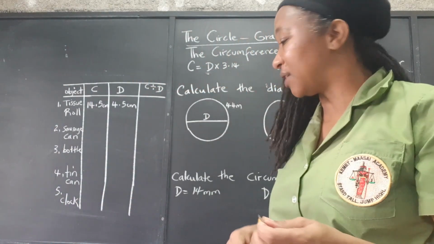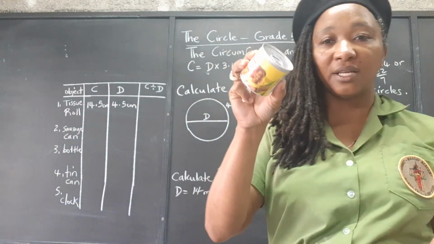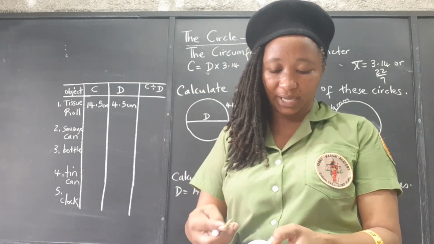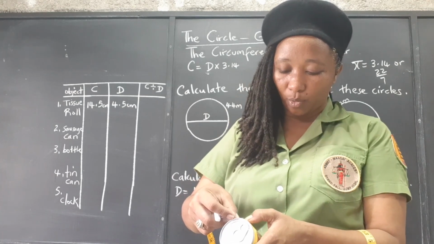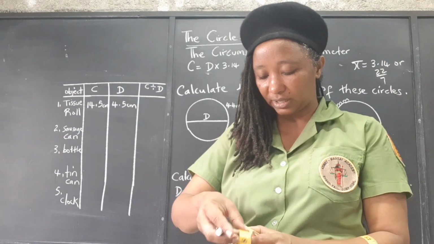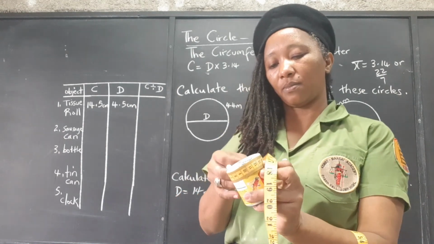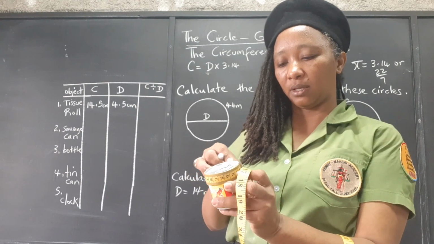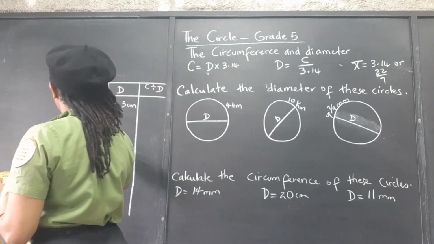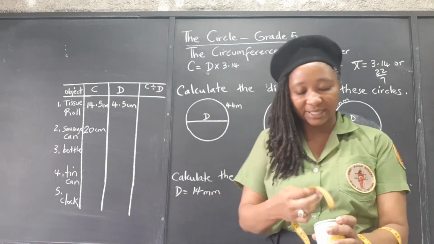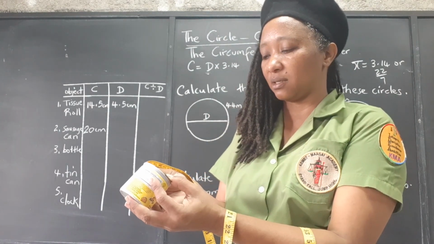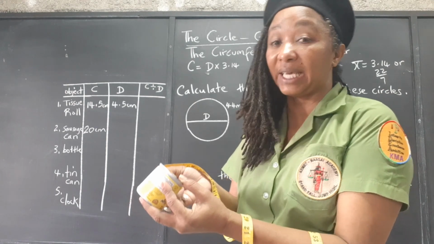Alright, so the sausage can. So this is the sausage can. Let me mark off where I'm starting. So I'm starting right here, and I'm going all the way around it to get the circumference. Okay, so this is approximately 20 centimeters. Now trying to get the diameter, so halfway across, and that is 6